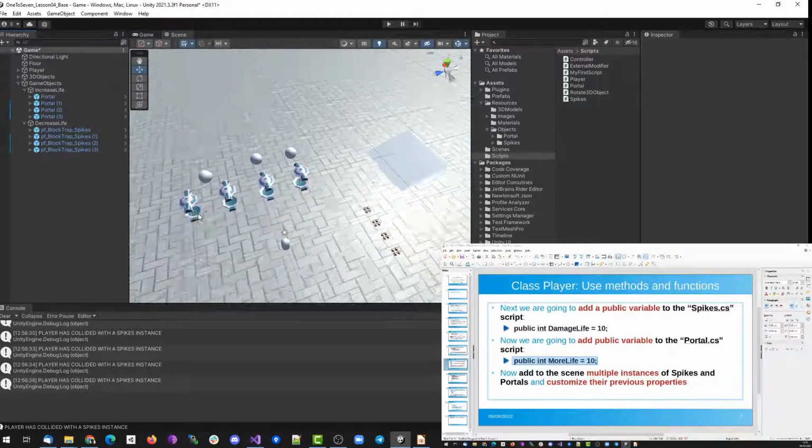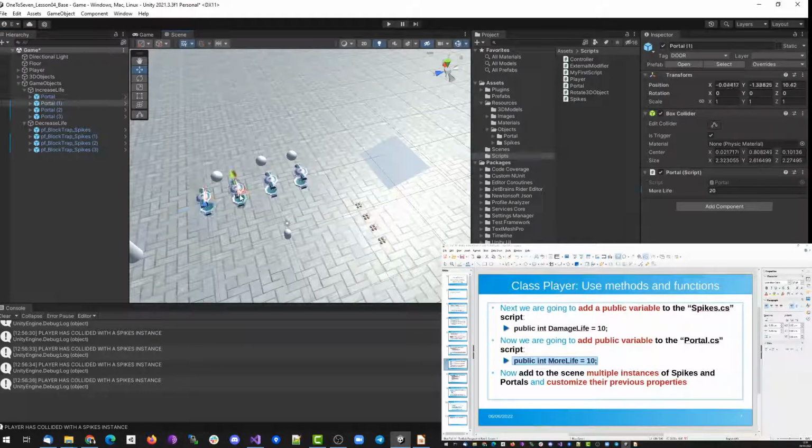Once you have customized the values of the different elements,